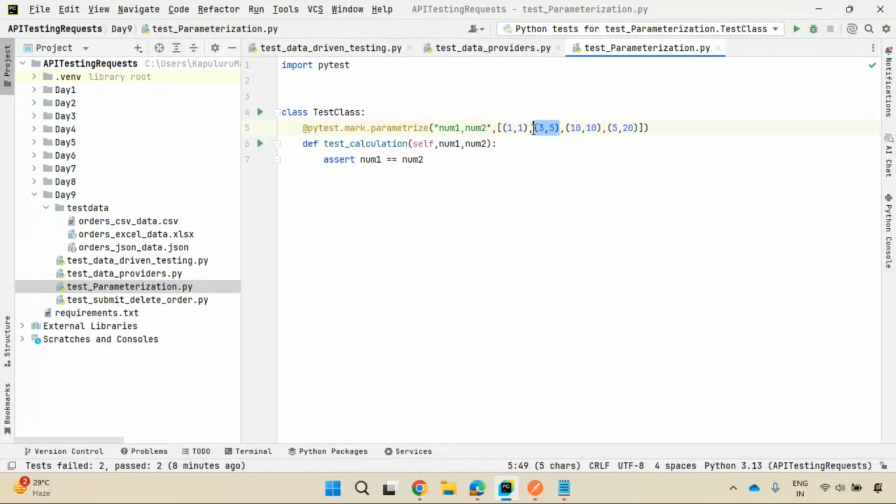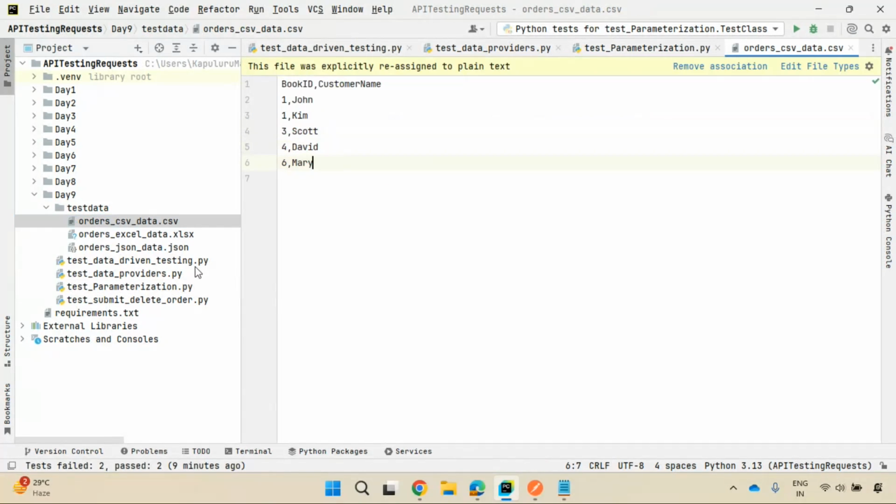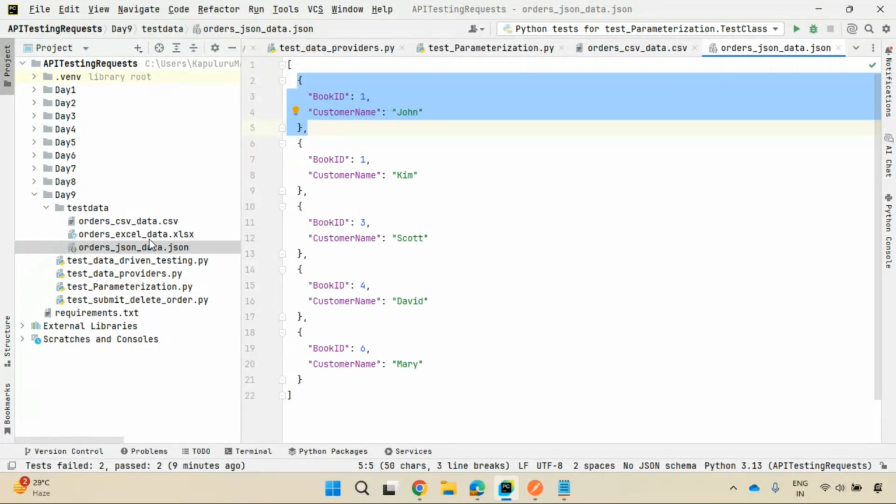3 comma 5 is a tuple. 10 comma 10 is a tuple. 5 comma 20 is a tuple, right? So that means data points, test data, you need to specify in the form of a list of tuples. If you see here, order.csv, json.csv, like Excel,